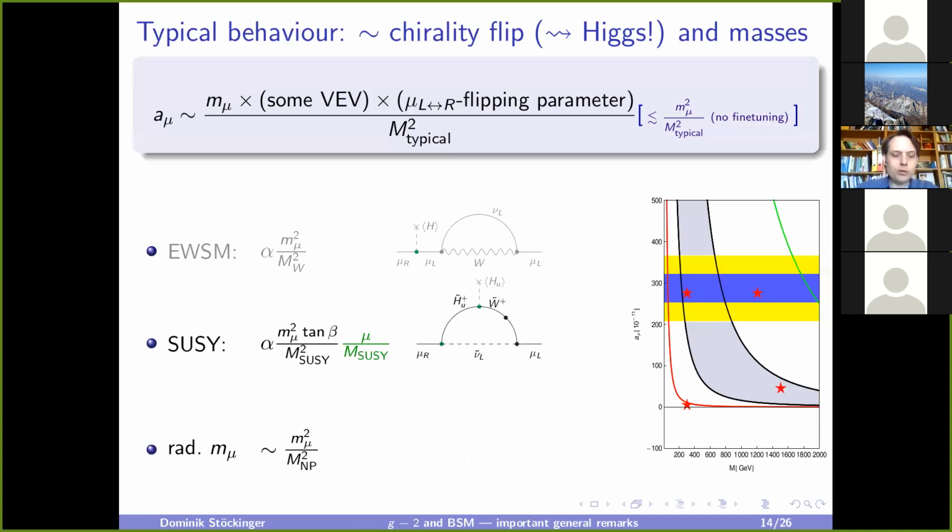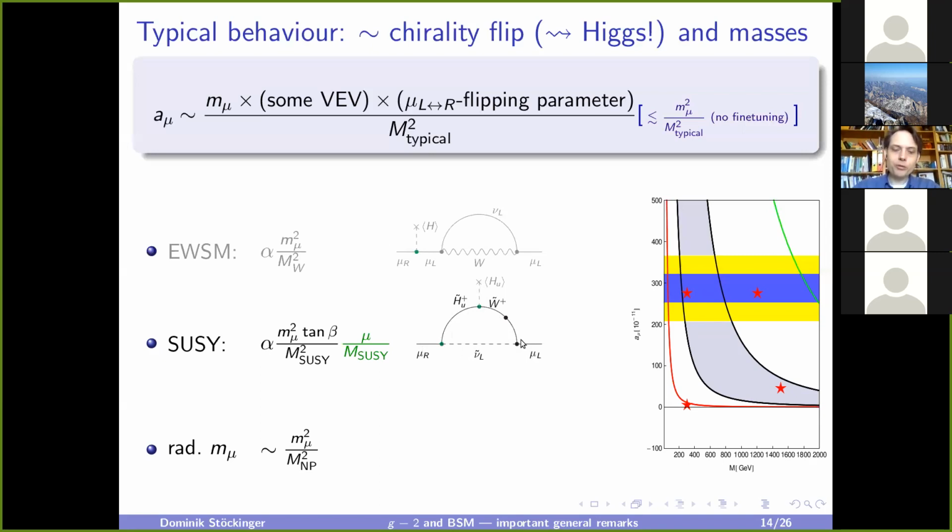Then let me also mention supersymmetry. Supersymmetry is also well known, of course, and here the behavior is rather complicated in comparison. So you need supersymmetric partners to all particles, and then the muon can couple to a Higgsino, the superpartner of the Higgs. The Higgsino, by coupling to the Higgs vacuum expectation value, becomes a gaugino, and the gaugino couples back to the muon. So effectively, the chirality is flipped by the coupling of the muon to the Higgsino, then the coupling to the VEV, and then a gaugino coupling.